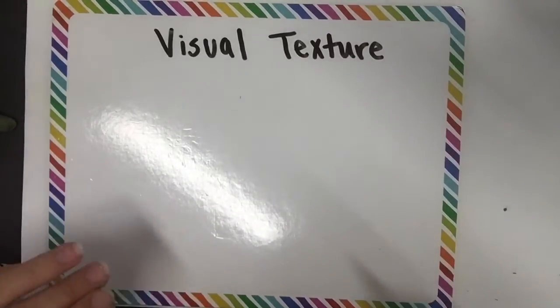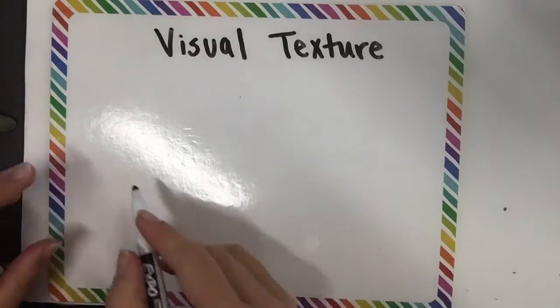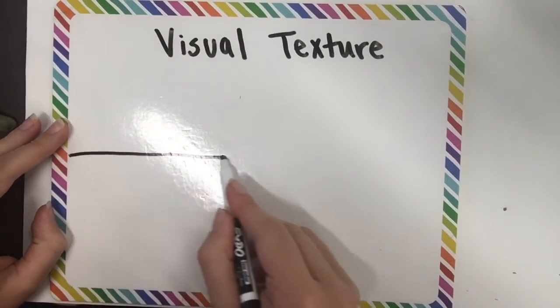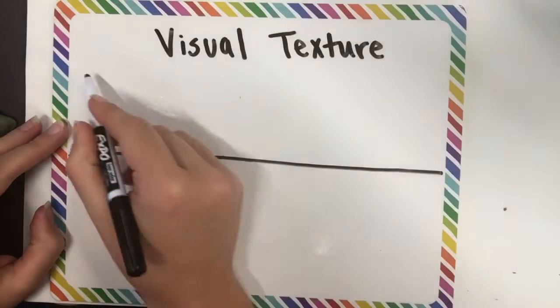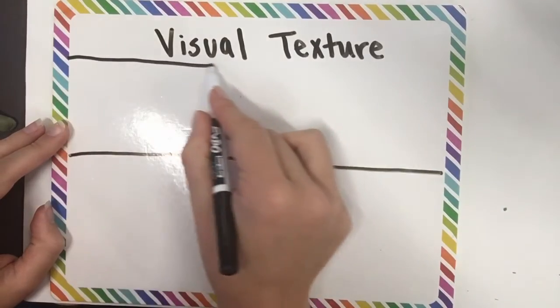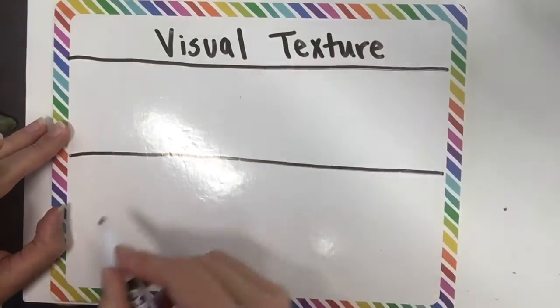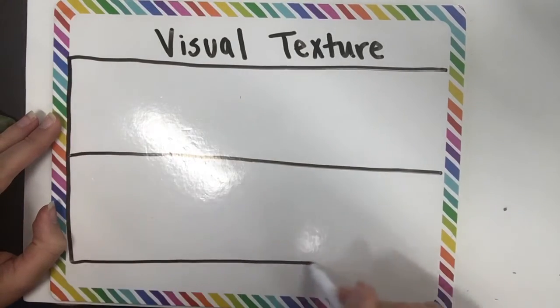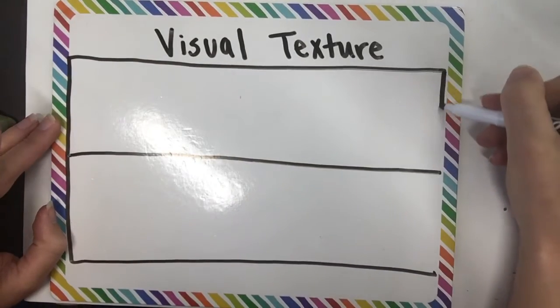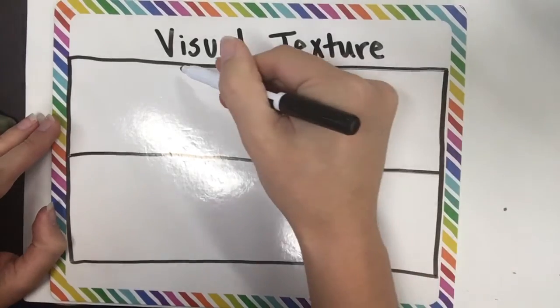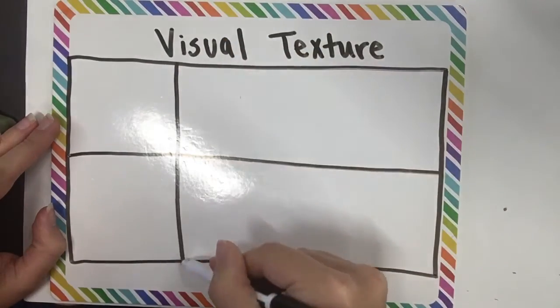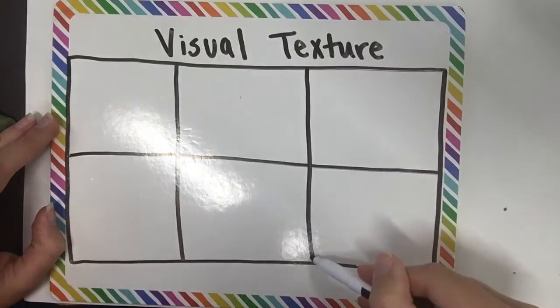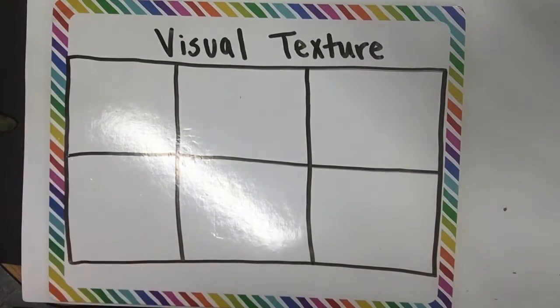So what I'd like for you to do, we're going to make 6 boxes, and we're going to practice 6 different kinds of visual texture. Kind of draw in those horizontal lines on my paper. And you can do separate boxes. You just need 6 different spaces. I'm going to do 2 vertical down, just so I have enough space to work and I can write down those textures in there. The first texture we're going to practice today is